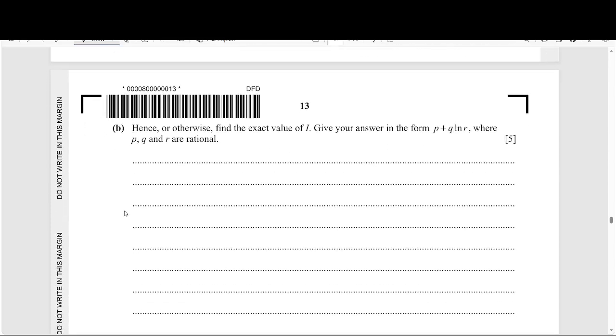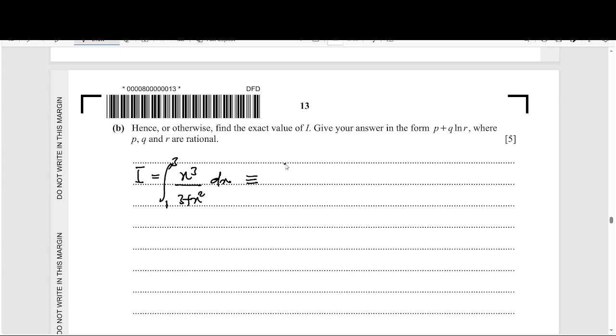So let me write I first. So we know I was initially given as the integral of x cubed over 3 plus x squared dx from 1 to 3, and this has been written in the